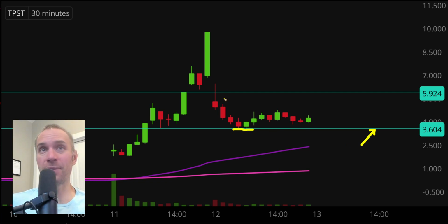After the nasty gap down today, the price essentially has started to go sideways here within this range, which leads to the question, okay, well, what range? Can you define the range? And yes, with charts, that becomes very easy. So the bottom of the range right now, or bottom of the sideways channel, whatever you want to call it,